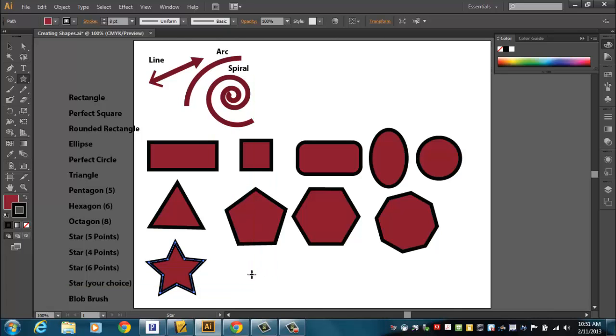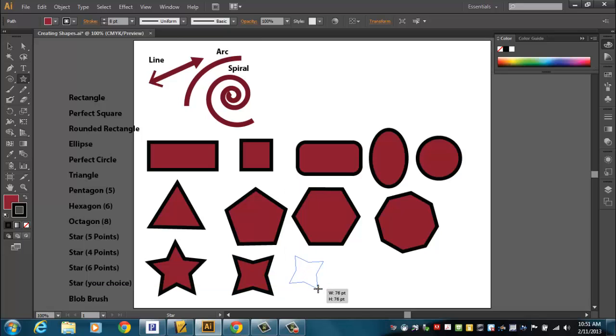Well, similar to what I did with the Polygon tool, I'll click and begin dragging, but if I tap the down arrow, it takes a point away. It changes it from 5 points to 4 points, and I wind up with this shape right here. Now the next one's a 6-pointed star, so if I click and I begin to drag,